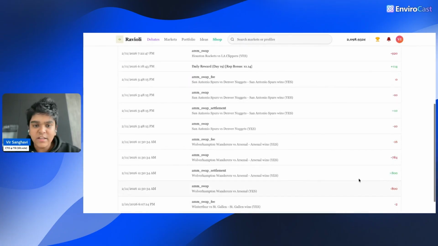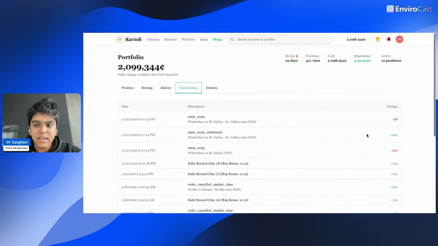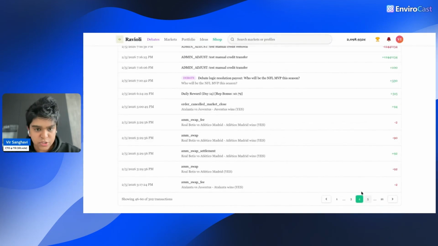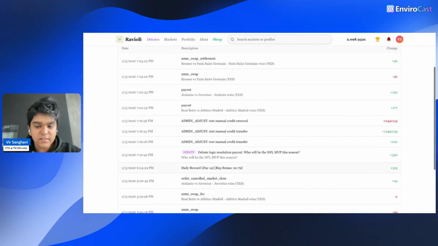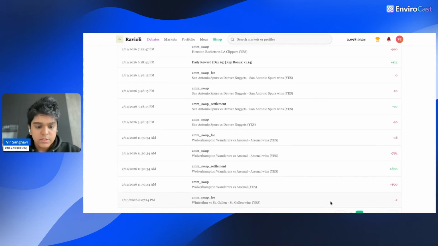And this transaction ledger is atomic. That means everything that happens, every input, every output will show up here. There's nothing that this transaction table doesn't show. So yeah,